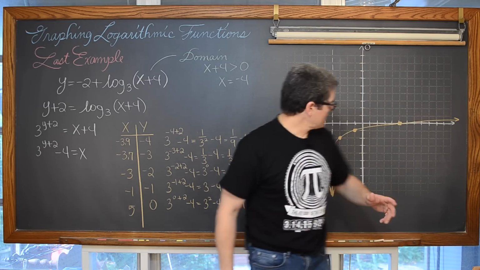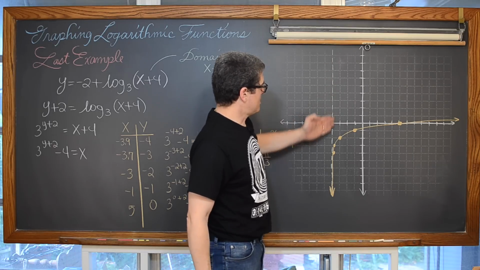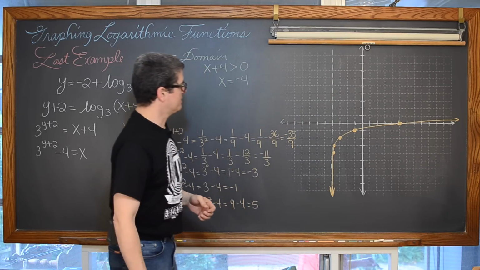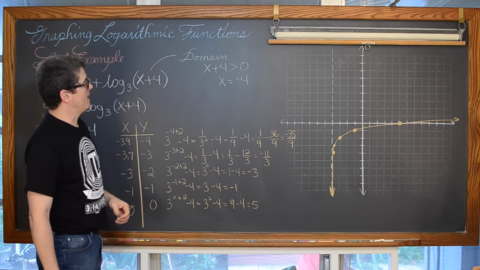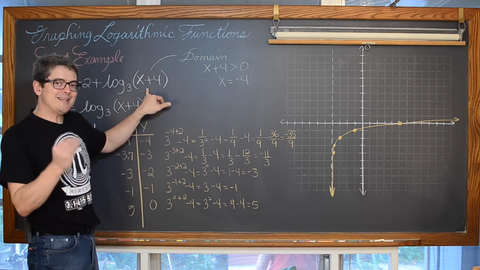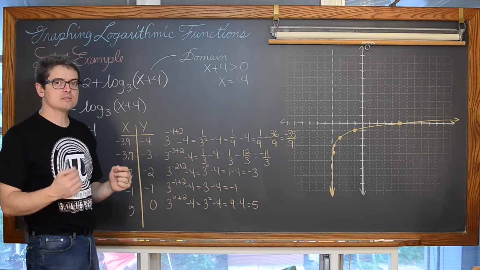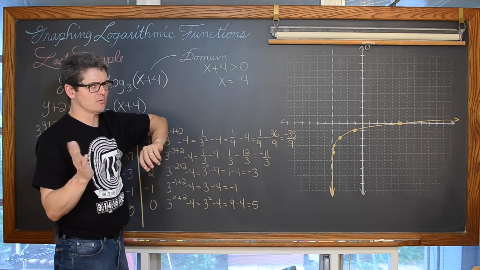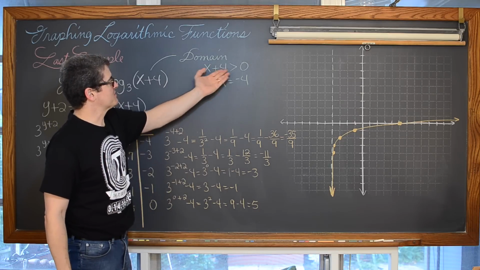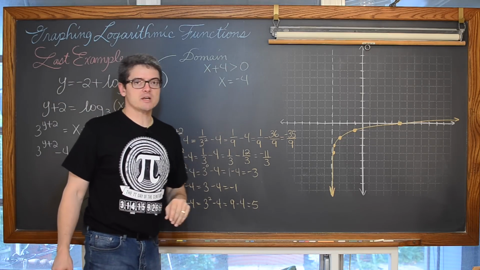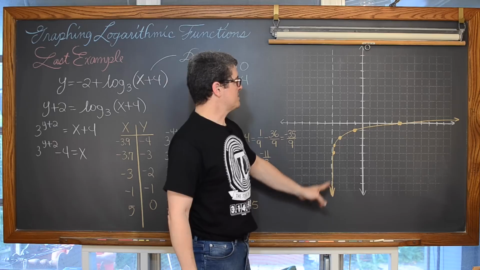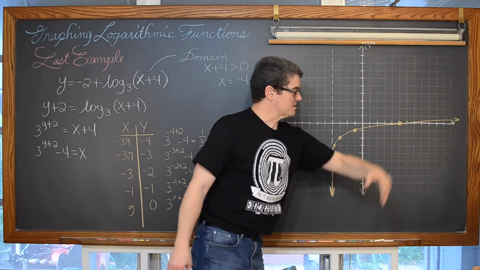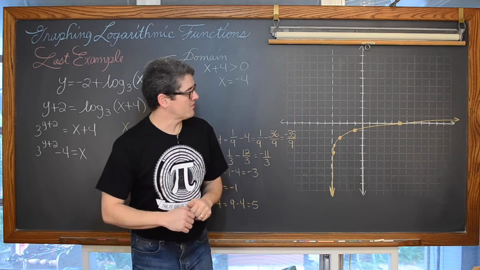Also, before graphing or putting the vertical asymptote up on our graph, what is inside the logarithm, again, has to be positive. It has to be greater than, not equal to, 0. So x plus 4 is greater than 0. Subtract 4 from both sides, and we got the placement of our vertical asymptote. Put the points down, and that is the end of our last example.